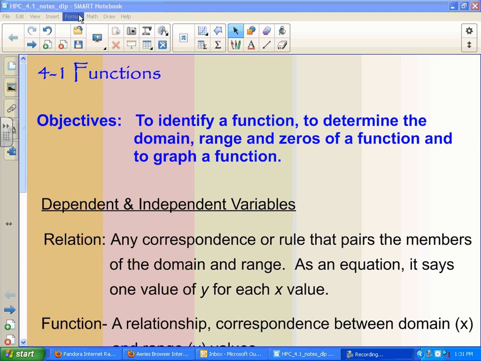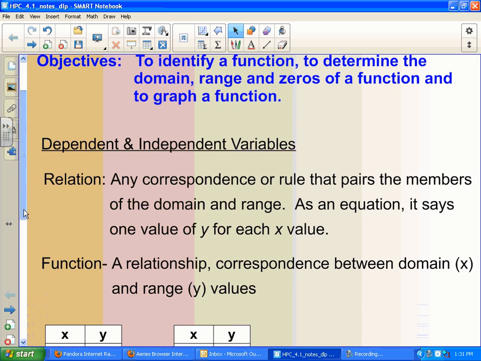Dependent, independent, also known as, well, the independent variable can also be known as a control variable. It determines what happens with the dependent variable. And in our world, usually, what variable represents dependent? Yep, and then the x is our control or independent. So what we're going to do is talk about functions, and functions are a